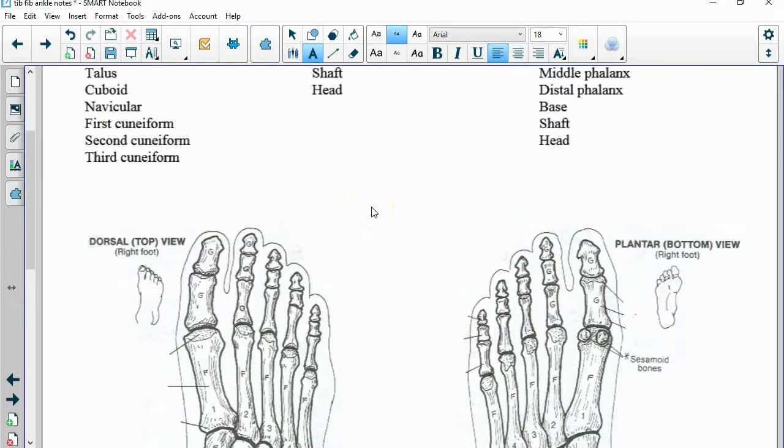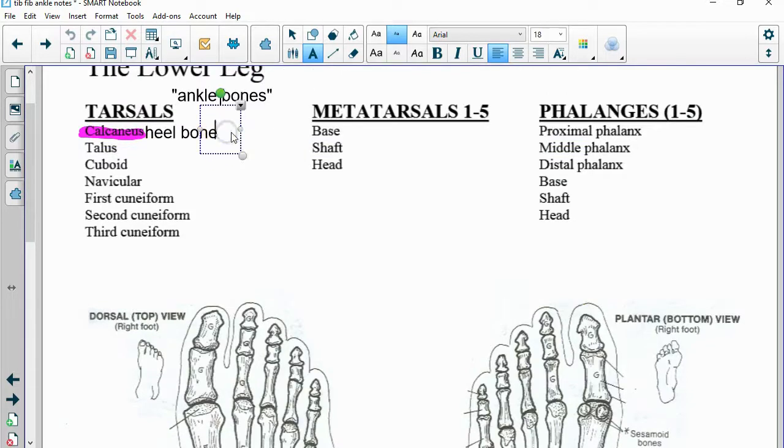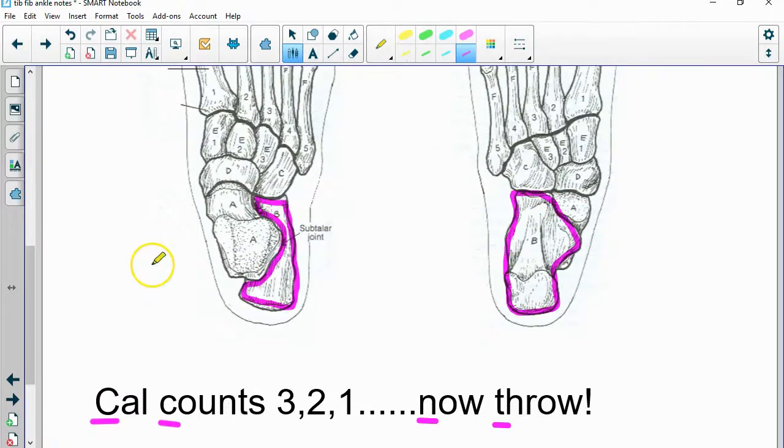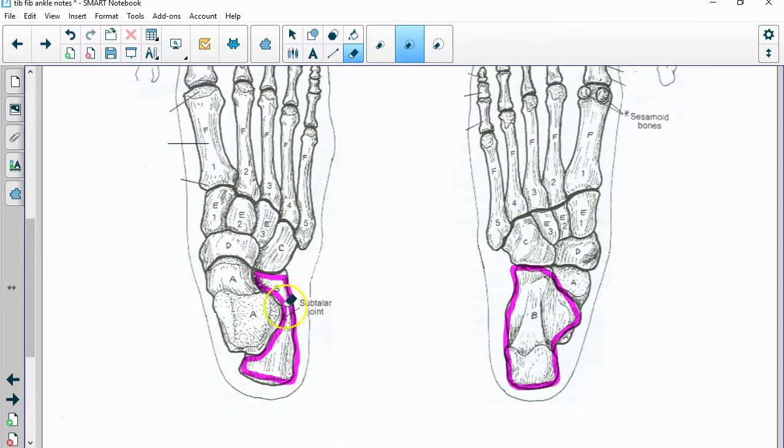What you might want to do is keep track of your letters up here. And I'll do that as well. That's letter B. So color that one in, whatever color you choose. We're going to start there, calcaneus. Okay, I've got mine in pink, and now I'm going to move directly forward towards the toe. So I'm going to put an arrow in here just so you can see the direction. There we go. That's an arrow. I'm going to move forward from calcaneus, find your heel bone, calcaneus, and then move forward to